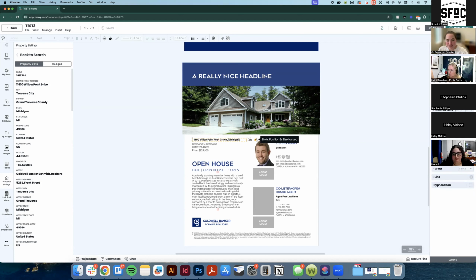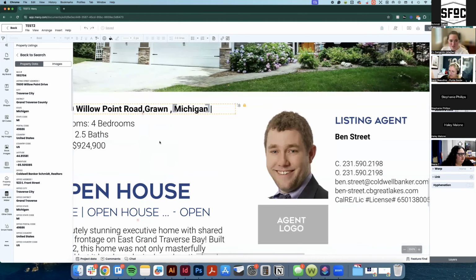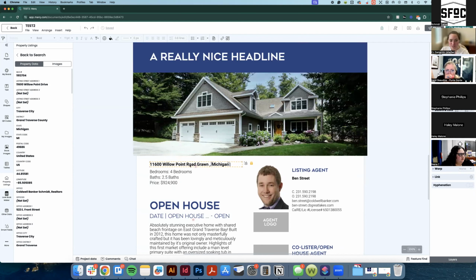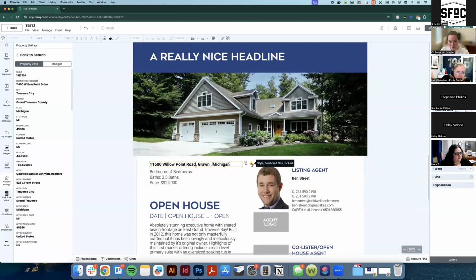Okay, all right. One thing, let me try this. So you'll notice, well, hopefully, I don't know if you guys can see. I'll zoom in so you can see better. You can see that because this address is a bit longer, now the zip code has fallen off. So what I would do in that case is either backspace and just erase the zip code, or you should be able to click on this size position template. Yep, there we go. So if you click on the link, or on the lock, sorry,